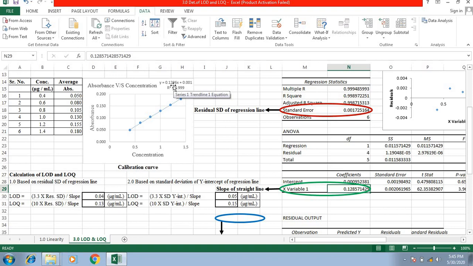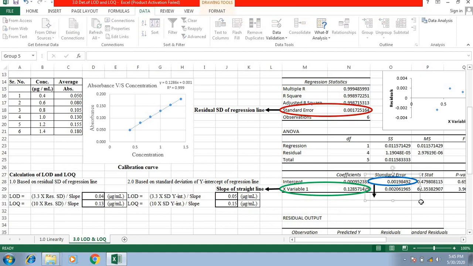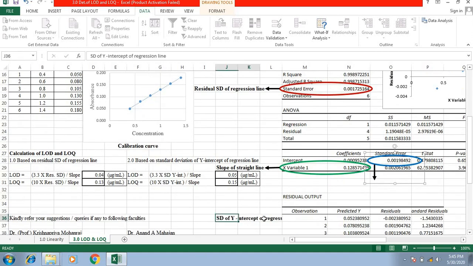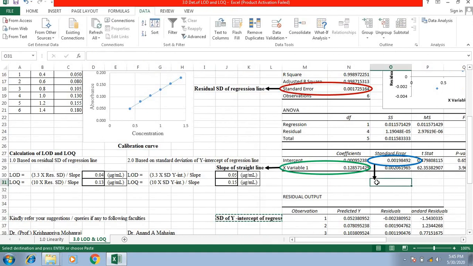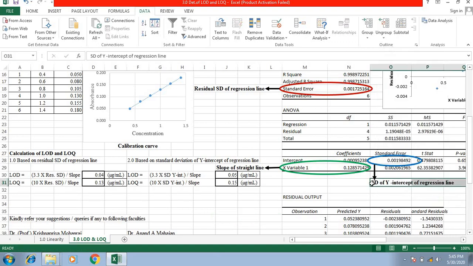Why? Because both of these values represent the slope of the straight line. Then the third important value is the standard error. This is this value. We will require this value for calculation of LOD and LOQ. We can call it, you see this, the standard deviation of the y-intercept of the regression line.